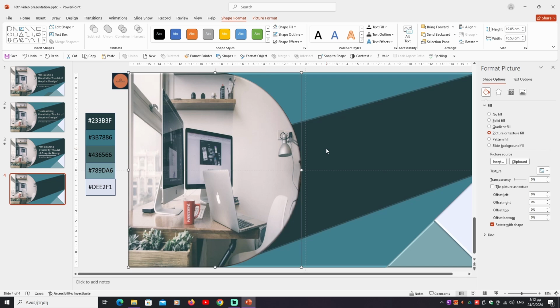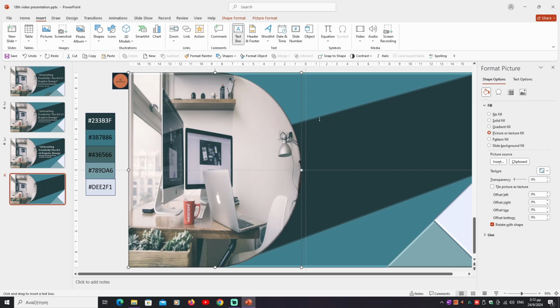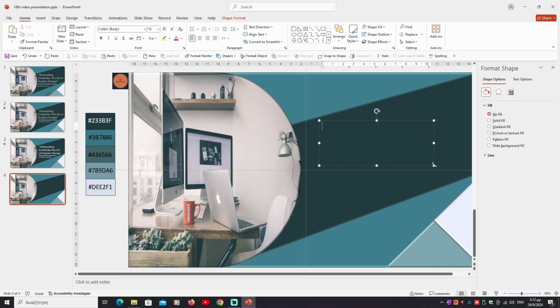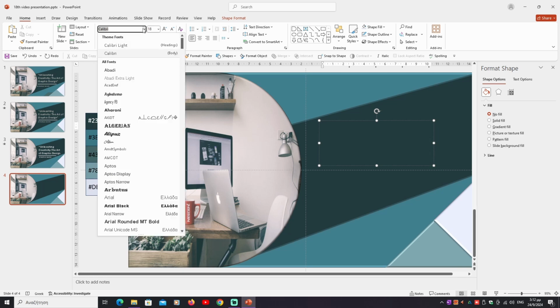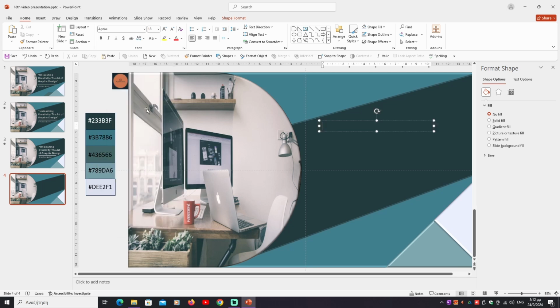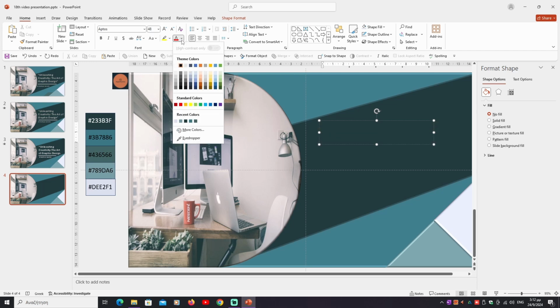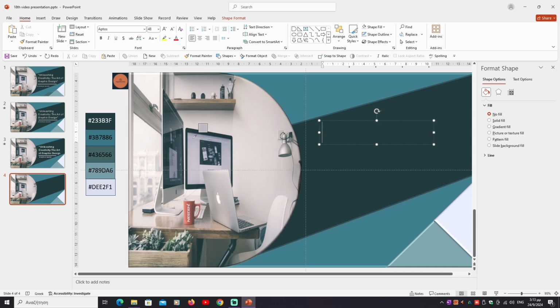And now it's time to write the title. We go to insert ribbon, we choose text box, click inside the design area, drag and release it. We choose from the home ribbon font Aptos, size 48 and color with eyedropper. We choose the last color from the left side outside of the design area and we write the